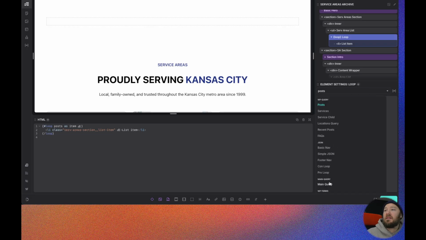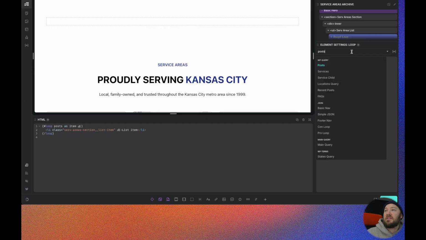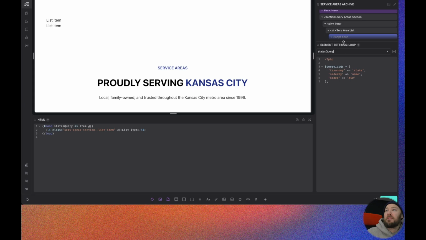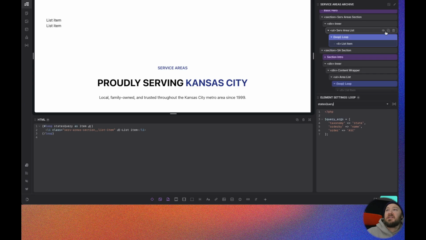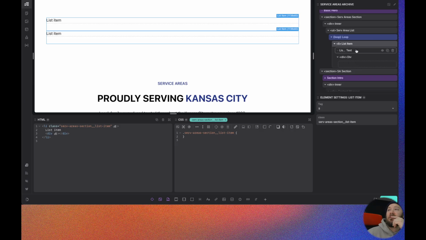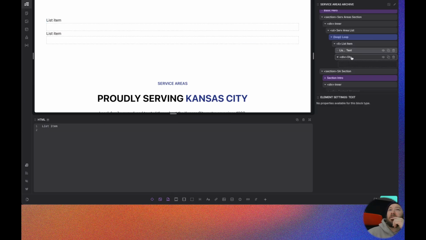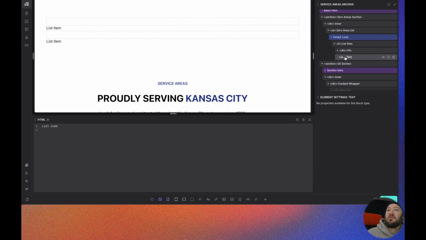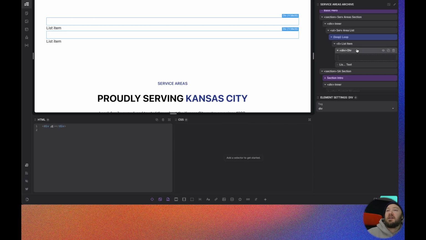My, let's see here, which one was it? I might need to scroll this up a little bit so I can see them all. Our states query, bring this back down. So you can see I have two items here. And inside my list item, I'm going to add in a div. Inside my div, I want to add in